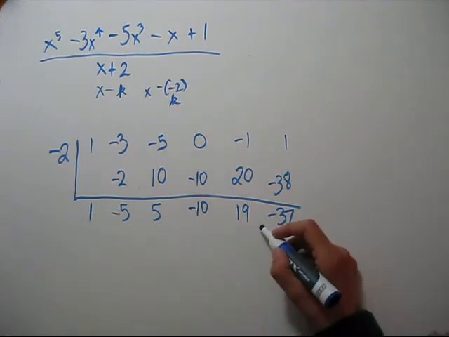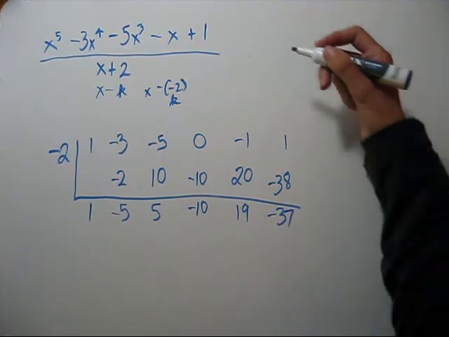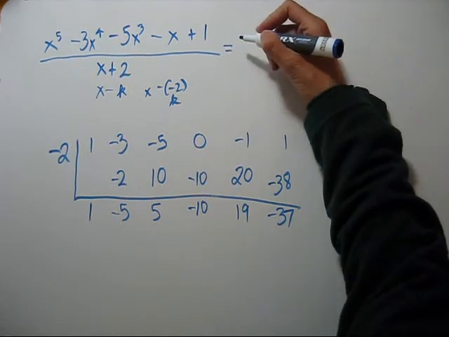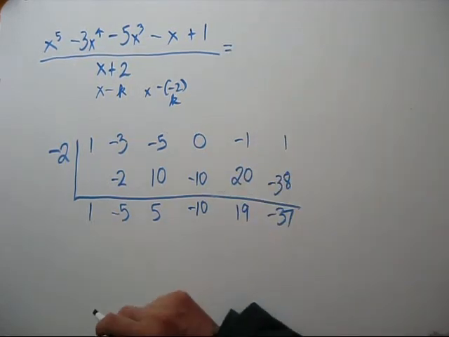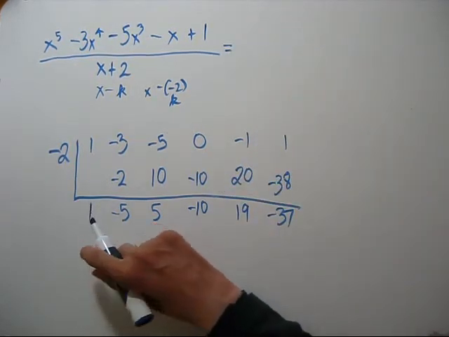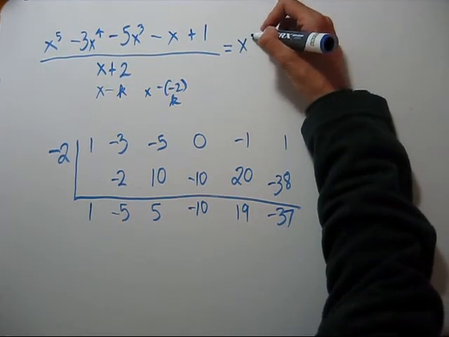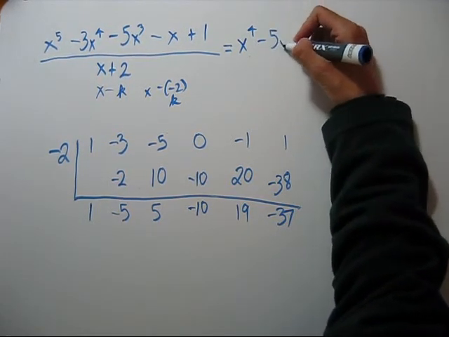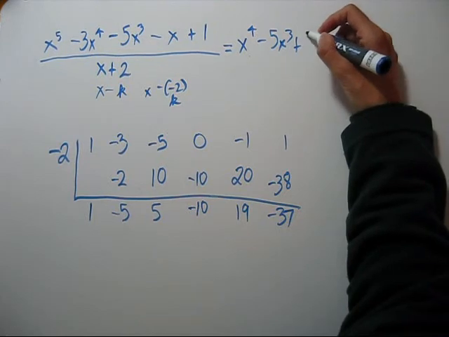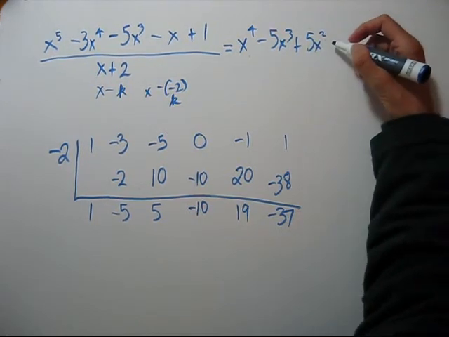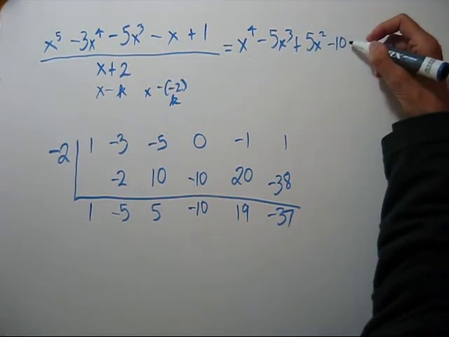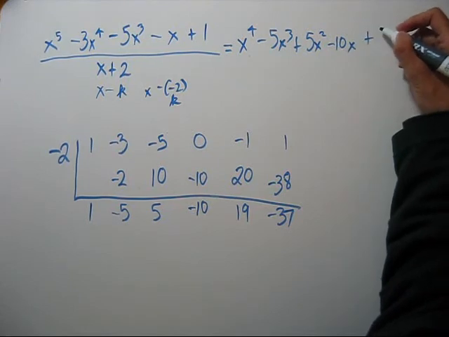Now let's interpret the bottom row. All but the last one are coefficients of our q of x. And the degree is 1 less. So we're going to have 1 times x to the fourth minus 5x cubed plus 5x squared minus 10x plus 19